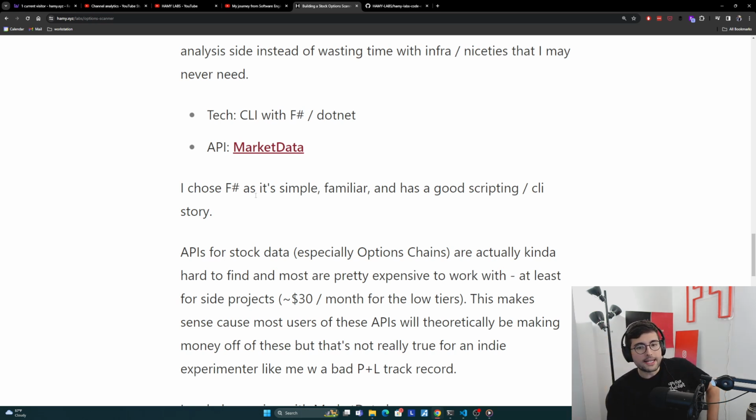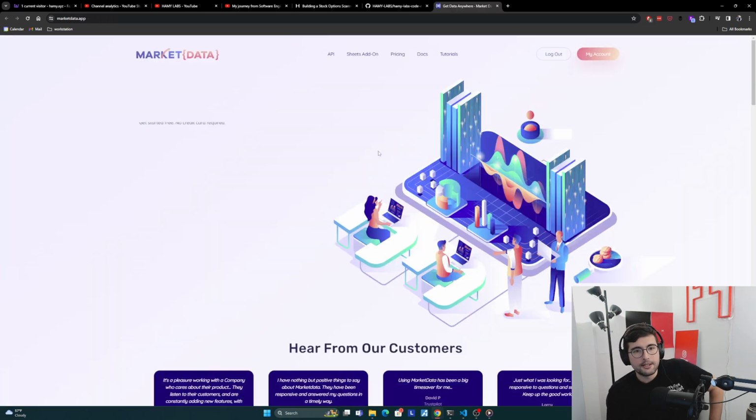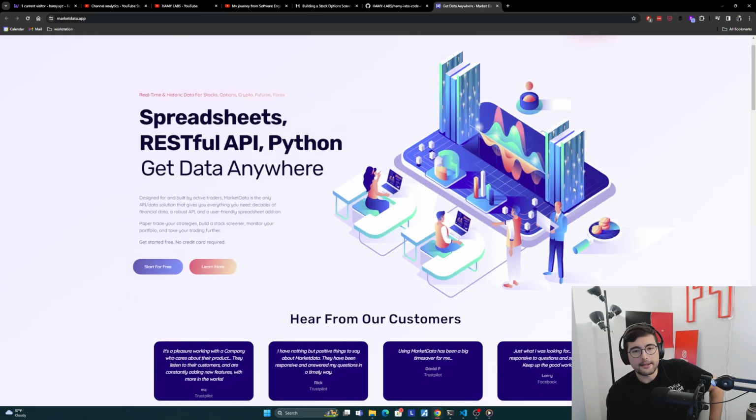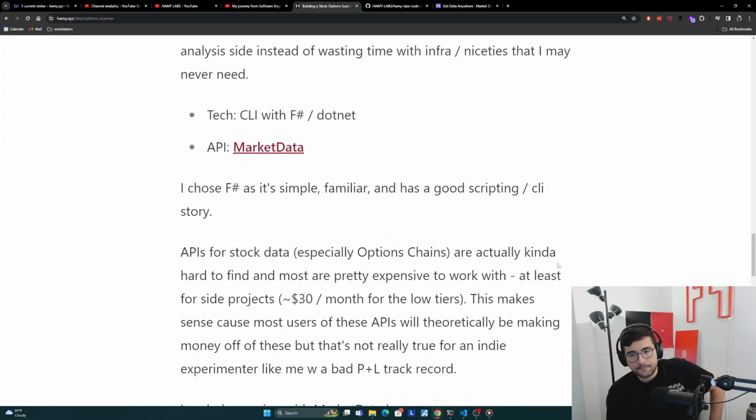Now for the APIs, I'm using this market data thing, which you can see here. It's just an API for market data. There's a lot of these. But what I actually found is that APIs for stock data, and especially ones that return options chains, are pretty hard to find. And those that do exist are pretty expensive to work with, especially for side projects. The lowest tiers are around $30 a month. And for some of these, if you want options chains, you actually have to go to a higher premium tier, which can run you like 60 or more,